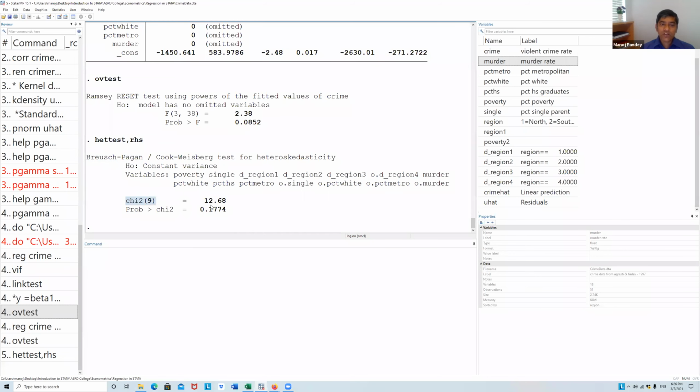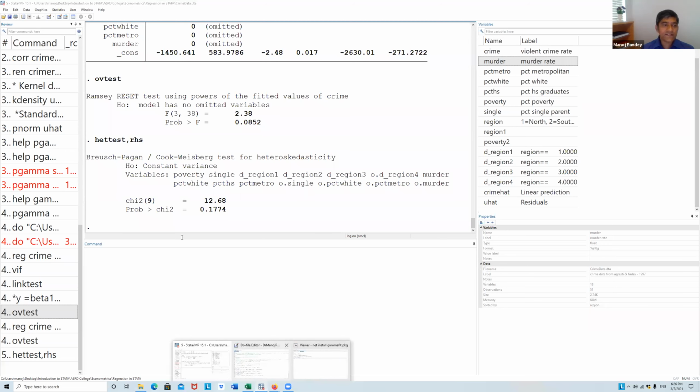They use a chi-square test to test if there is a constant variance: variance of ui is equal to sigma square. Here the null hypothesis is not rejected because the probability value of chi-square is greater than 0.10. It means that heteroscedasticity is not a problem in our regression.